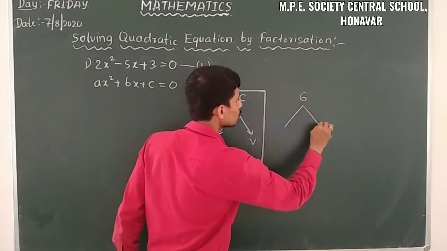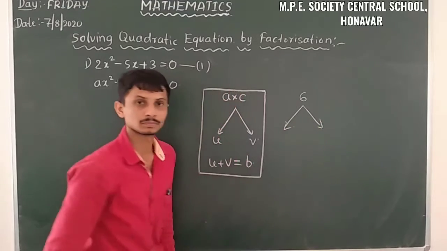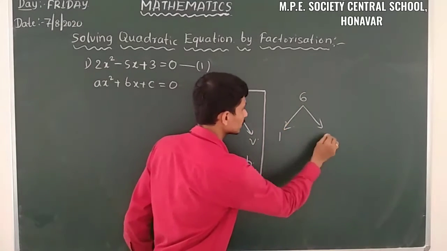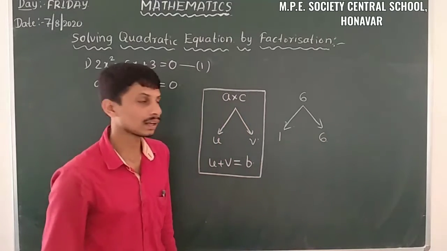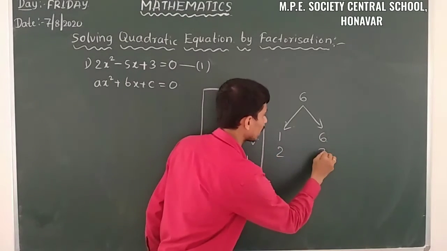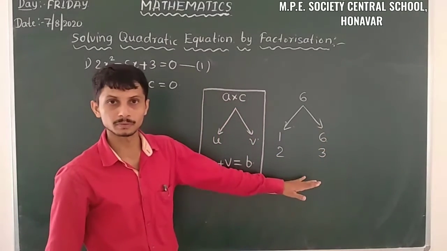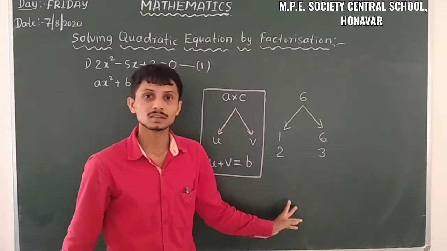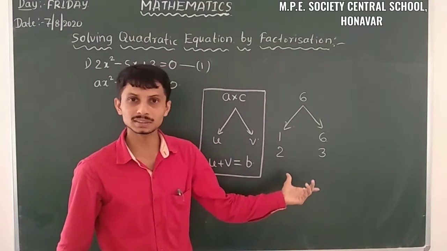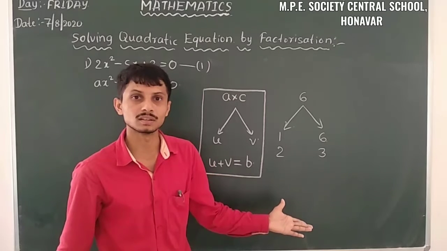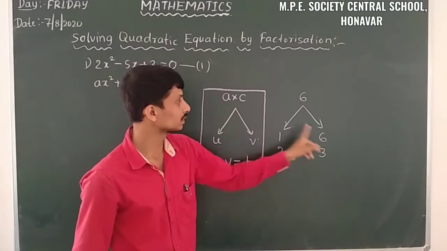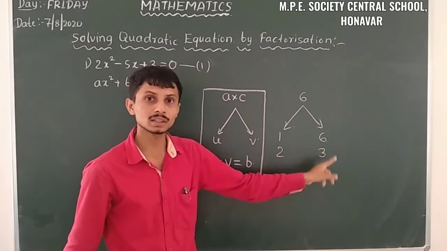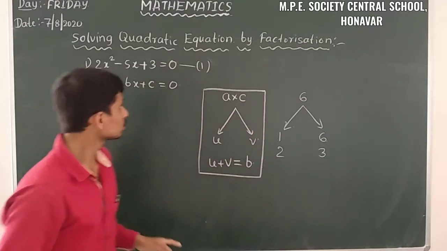Firstly, we have to factorize it. What are the factors? 1 and 6 are the factors. Then 2 and 3 are the factors. This is enough. When we take 3 here, 2 comes again, and after that 6 and 1 remain the same, there are no changes. So we got 1 and 6. When we multiply 1 and 6, we get 6. When we multiply 2 and 3, we get 6.